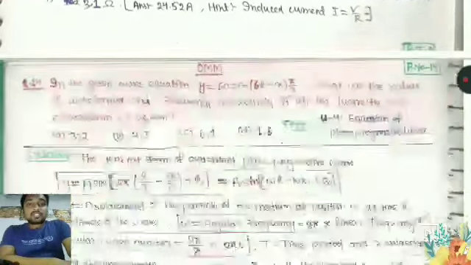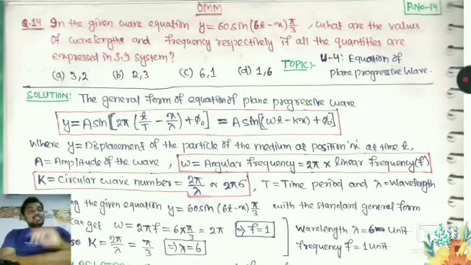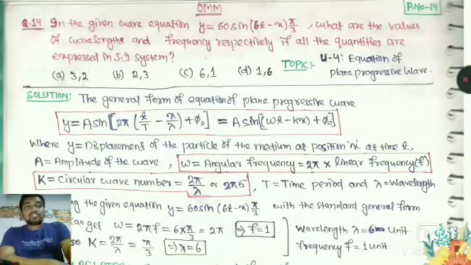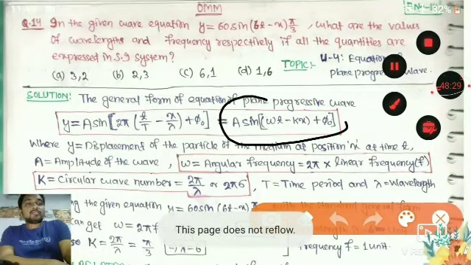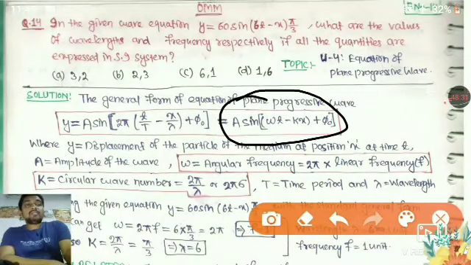Moving to the next question, progressive wave. Very easy chapter, wave equation. We know that the general form of wave equation is y equal to a sine omega t minus kx plus phi naught. This is the general form of wave equation, omega t minus kx plus phi naught,